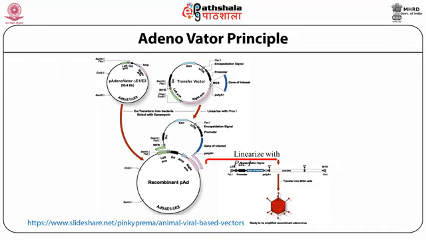Then there is co-transfection into the bacteria, and selection is done by kanamycin, and then when we have this finally constructed vector, we have to test it in a laboratory. This is now the recombinant adenovirus vector, which can be used for production of different gene products, or it can be linearized, and in the linearized form we can introduce the gene of interest, and finally we can have the viral vector which can be grown in animal cell lines.